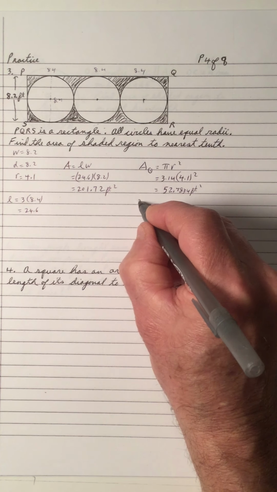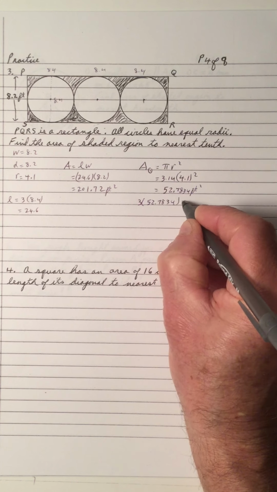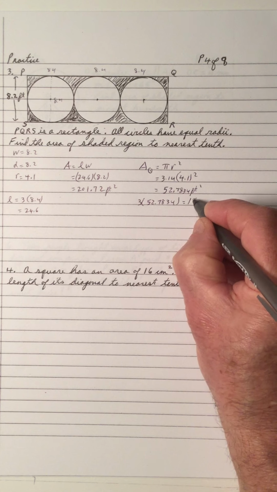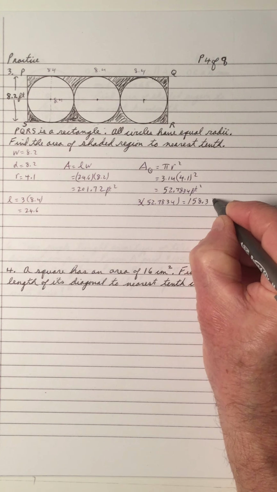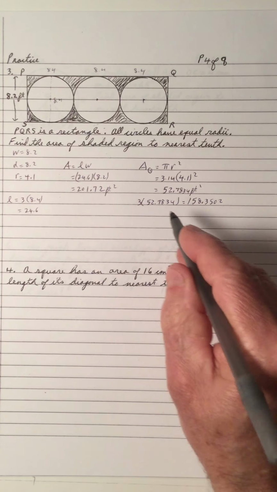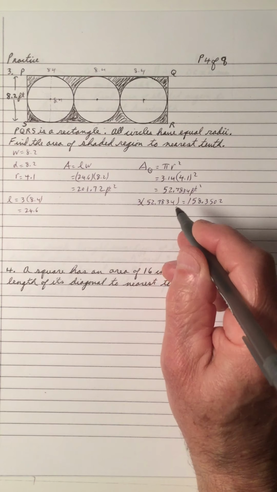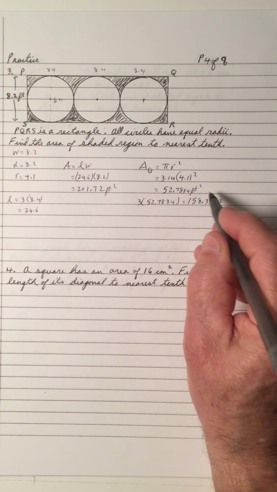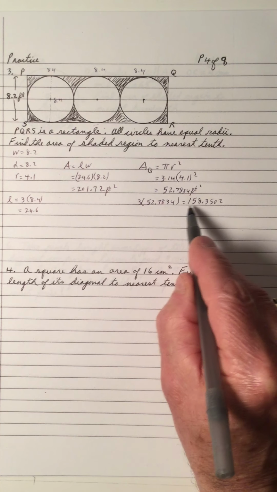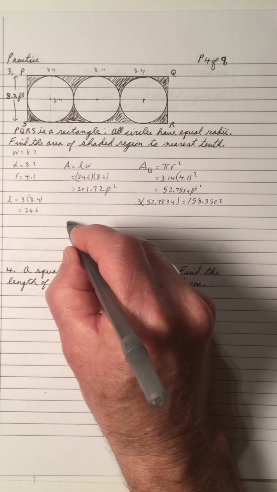And we have 3 circles, so it's 3 times 52.7834. And that works out to be 158.35. You've got to use your calculator just to make sure that these are all working right. To multiply this by pencil takes time, so calculator. Now we have the area of the rectangle, 201. We have the area of the circles, 158. But to get the shaded area,